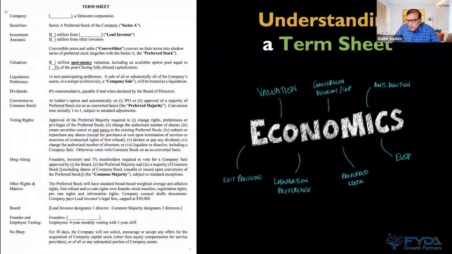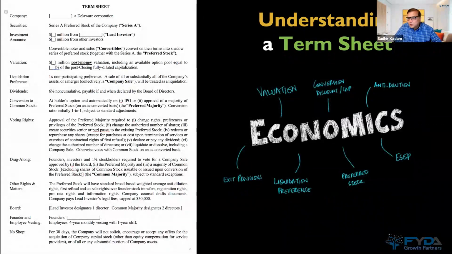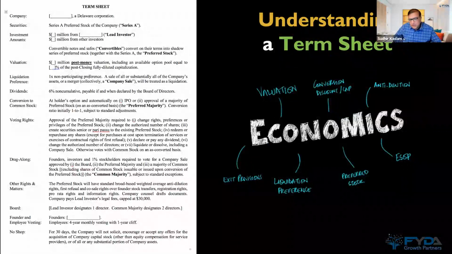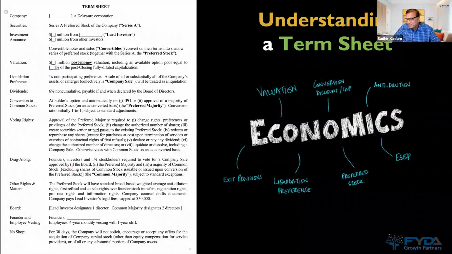Let's say I invested 10 million in your company on the hope that you will build this company to 100 million. Tomorrow you fail and you're not able to do that, and this company gets sold for 12 million. The investor who's invested 10 million will say, I have the first right on the money, because I'm a preference holder. So I will take the 10 million first, and then I will share with you on the 2 million. So the founders get nothing.